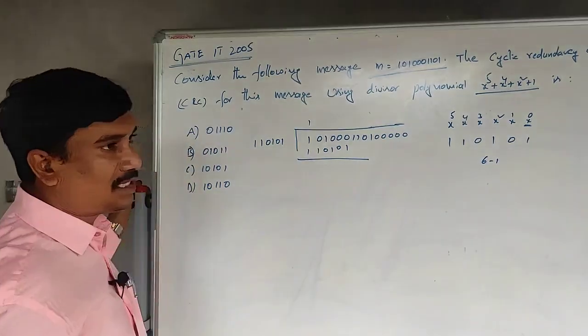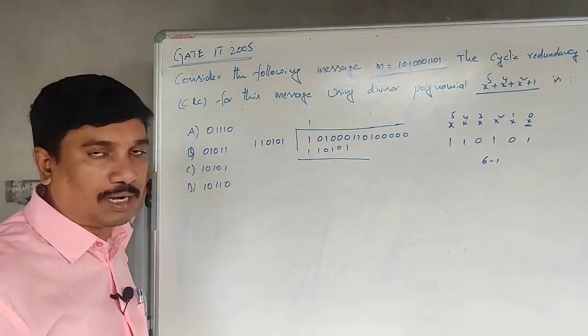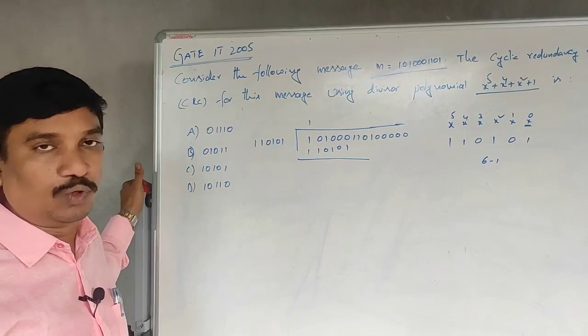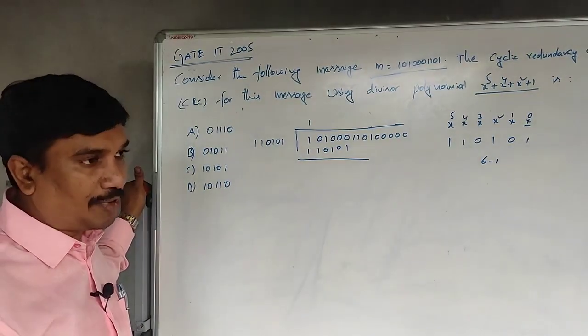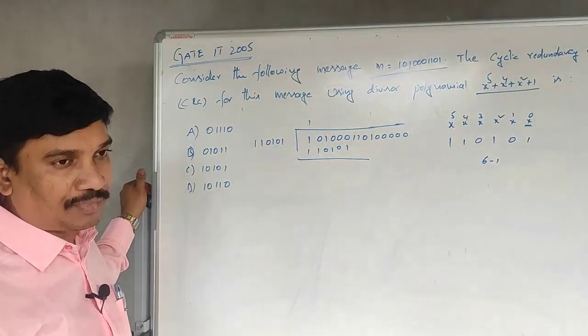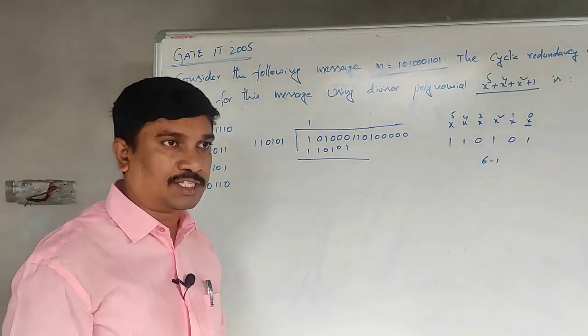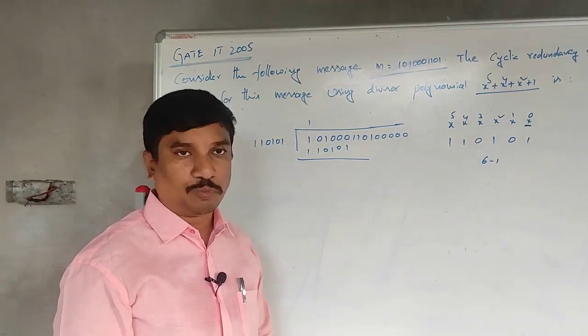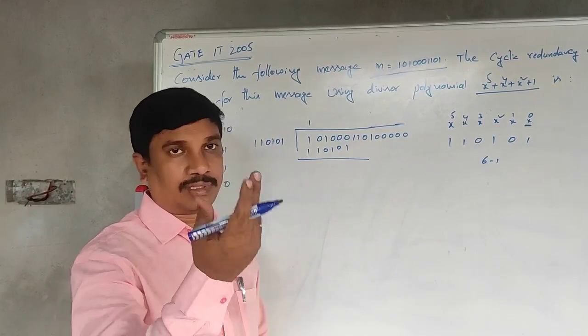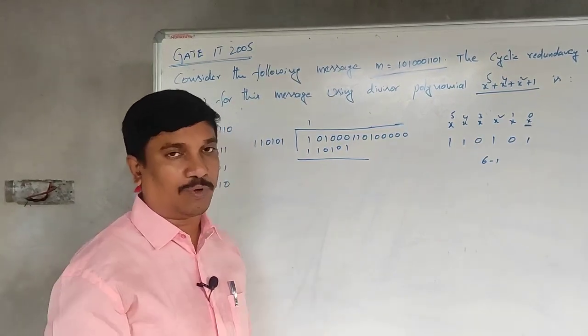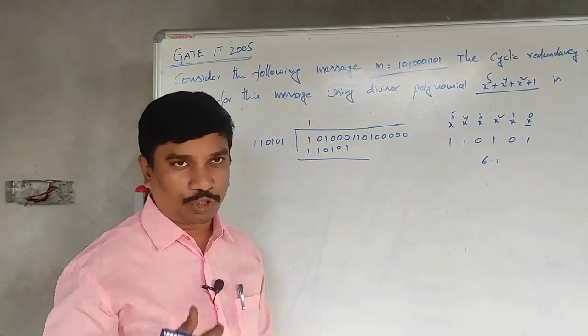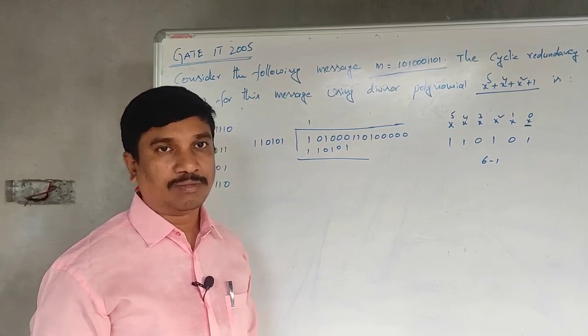So, here we are applying the subtraction operator, or simply what we also call the XOR operator. What is the XOR operator? If both inputs are the same, that is 0 0 or 1 1, the output should be 0 only. Whereas if x is 1 and y is 0, then the output should be 1, right. Similarly, vice versa.